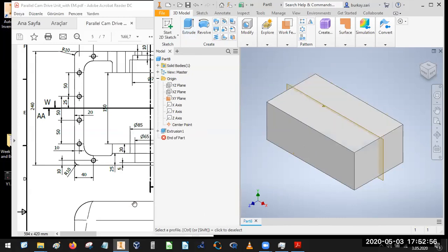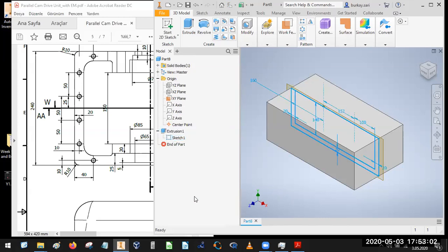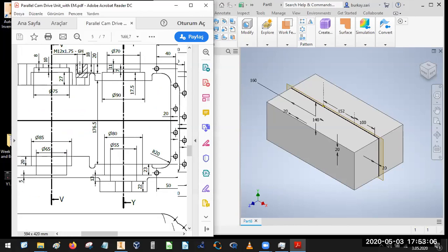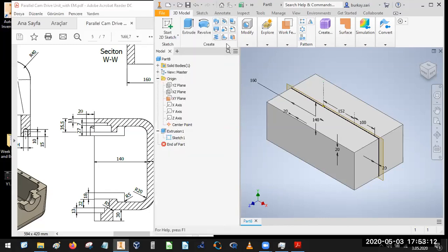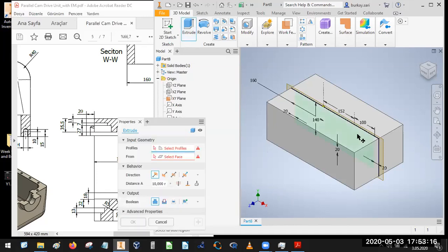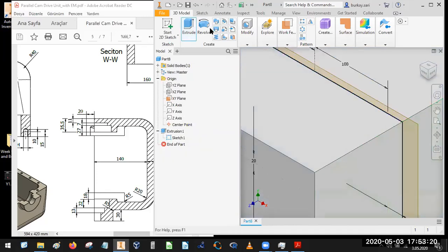Okay, the next thing. Again, I would like to use the same sketch to make the inside area empty. And here I have again the wall thicknesses from sideways. Again, this wall thickness just goes the same way. Here I will just use this inside profile. As you see, when I get closer,